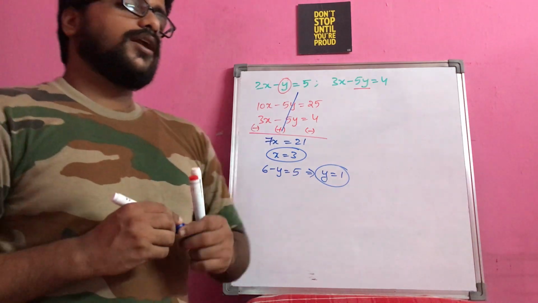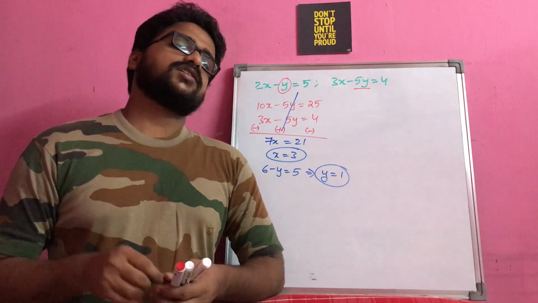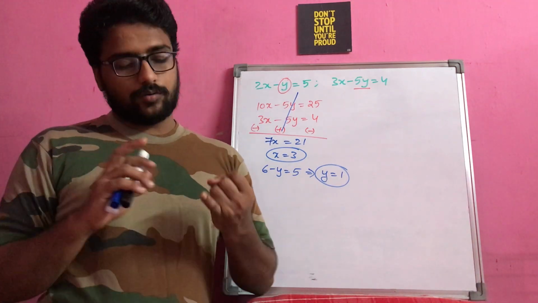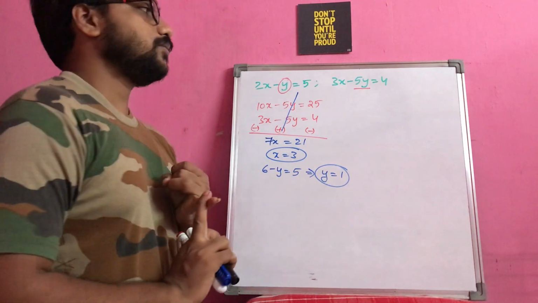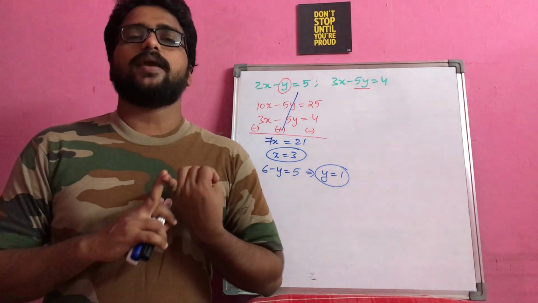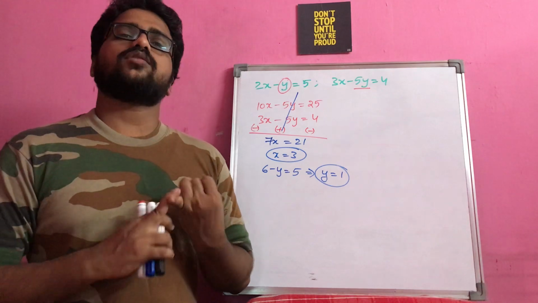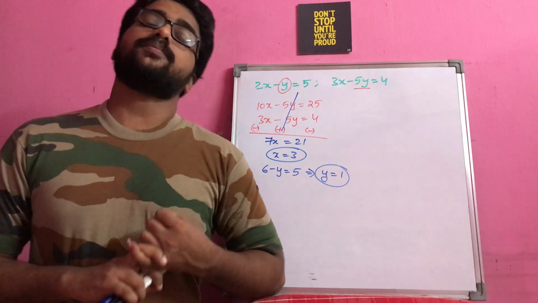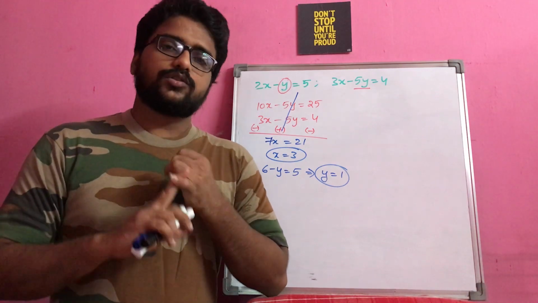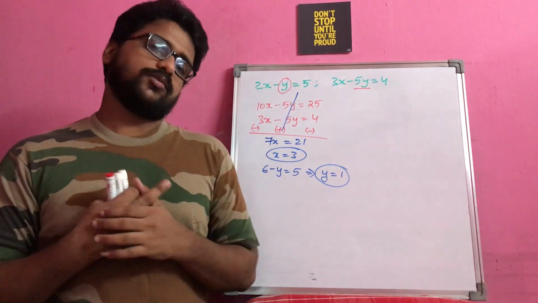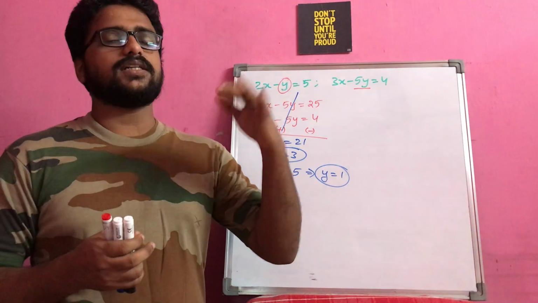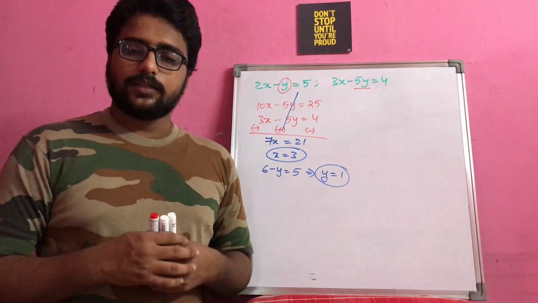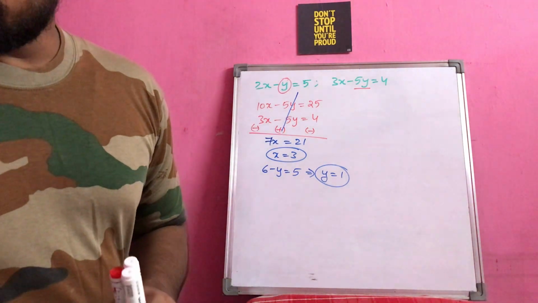The important point that you have to remember in the elimination method is, first you have to look for which terms or coefficients we can make equal, so that we can do the subtraction part. Accordingly, you have to multiply with a suitable factor, so that the terms will have the same coefficient, so that if you do the subtraction, the terms will get cancelled out. Okay. Now let us see one more question.